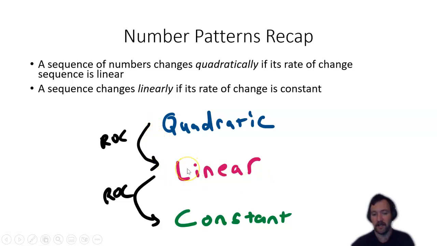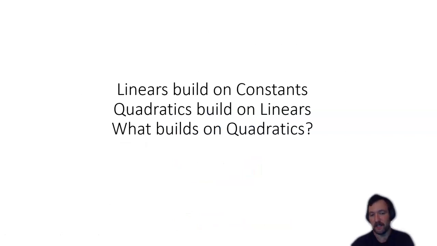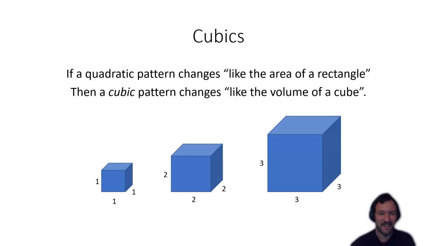And you can recognize a linear number pattern if when you take the amount of increase or decrease each time, you get something constant. But this begs kind of an obvious question, right? So if linears build on constants and quadratics build on linears, what builds on quadratics? And of course, I guess, spoiler alert, by calling the name of this video cubic functions, cubics. If a quadratic pattern changes like the area of a rectangle, then a cubic pattern should change like the